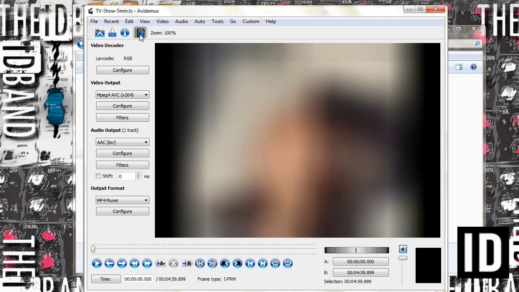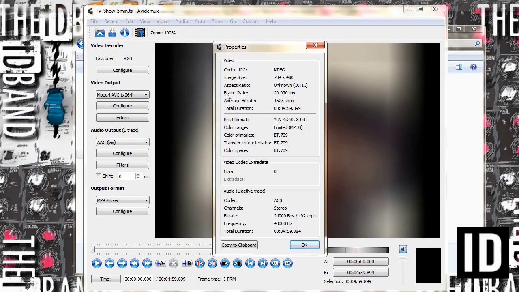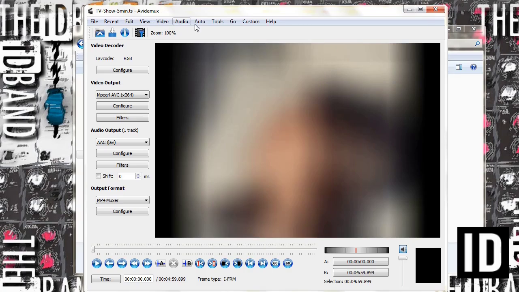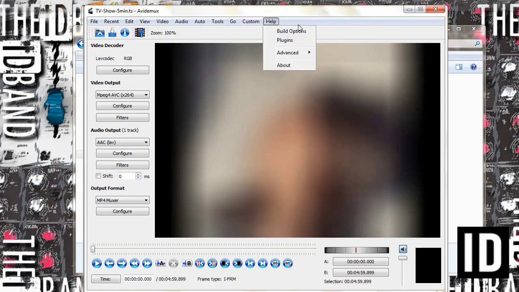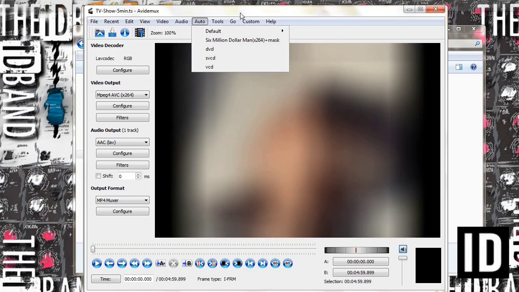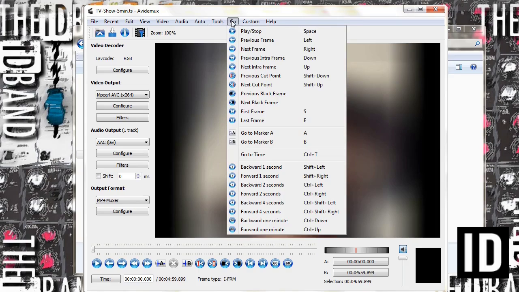There's a play filtered, information about the file right up here. Some other things I haven't really touched on. All the shortcut keys are here. You can also use, at first I used auto hotkey, and basically for this new version, I'm used to the old version of Avidemux. So basically all I did with auto hotkey, I think I've got a video on it. Basically if I didn't want to have one of these keys,